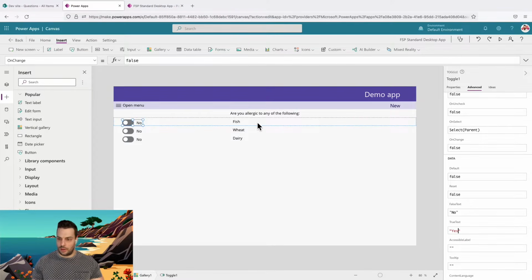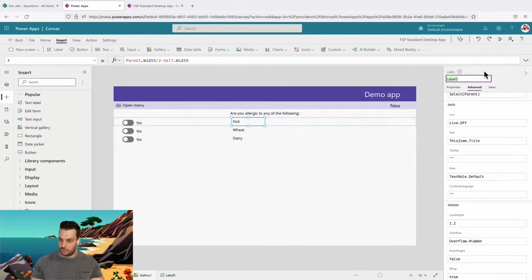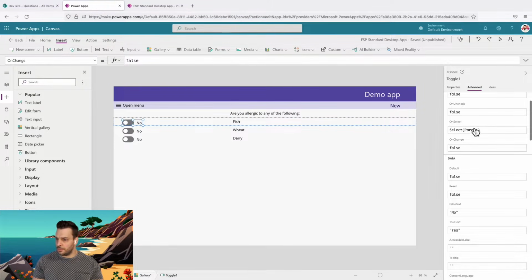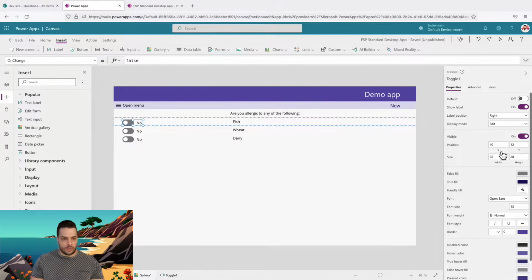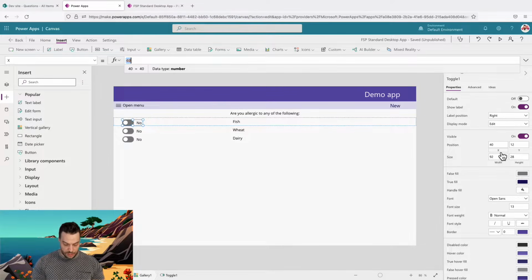And let's position that in line with, and again, what we should say here is this shouldn't be label 5. This should be, no, let's not overthink this. Let's just leave it label 5 whilst we're doing our setup. Okay, where are we going to position the toggle? We're going to say